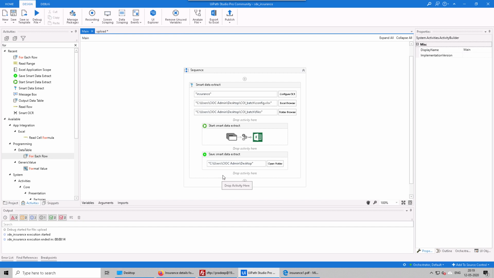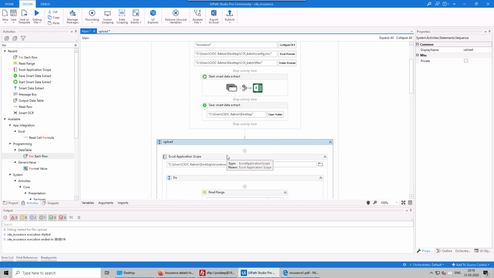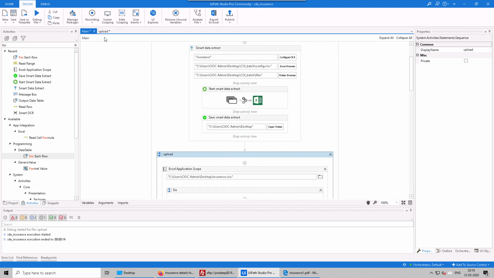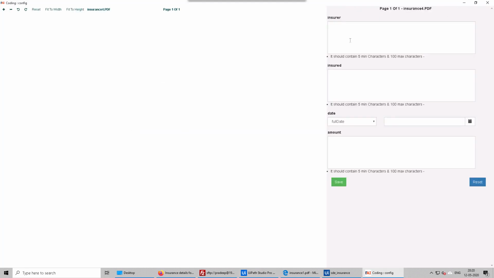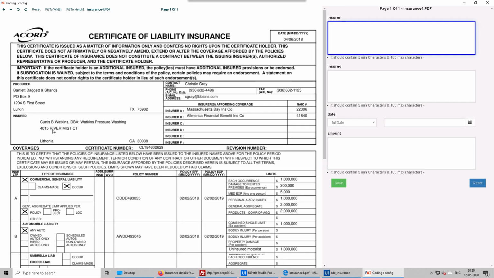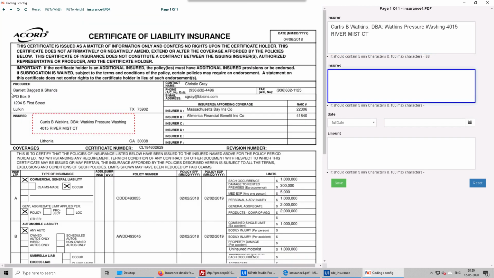But just to complete the whole story, let me just do it here, so that we run it in a single sequence. So let's start. So we have the first file, and this will be kind of demo, so hopefully no error should come.